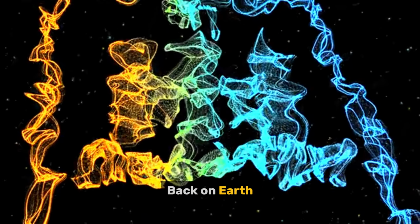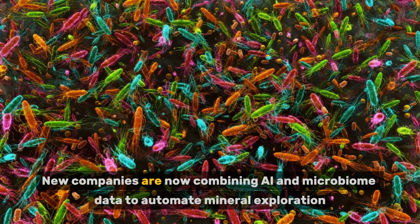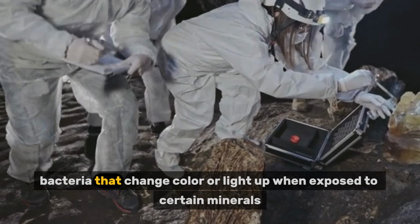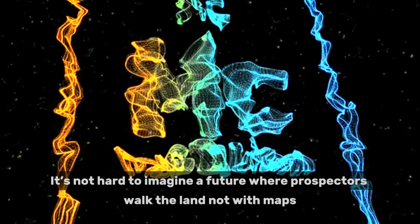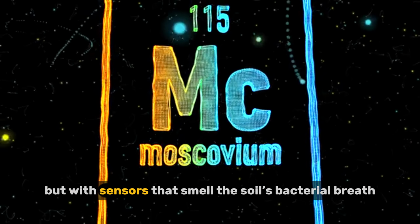Back on Earth, we're only beginning to explore the potential. New companies are now combining AI and microbiome data to automate mineral exploration. Others are exploring microbial biosensors, engineered bacteria that change color or light up when exposed to certain minerals. It's not hard to imagine a future where prospectors walk the land not with maps, but with sensors that smell